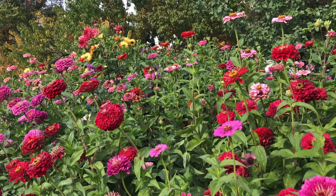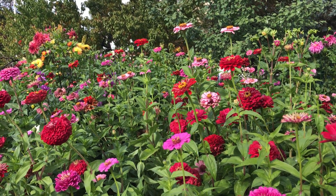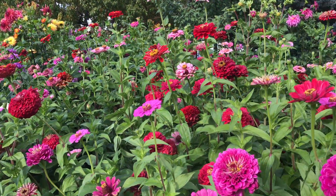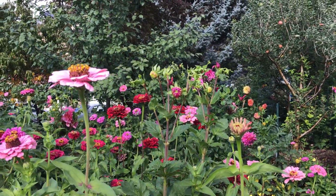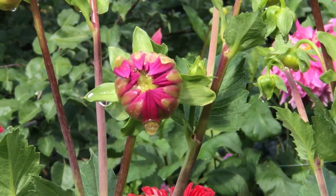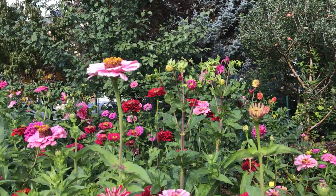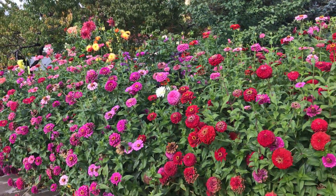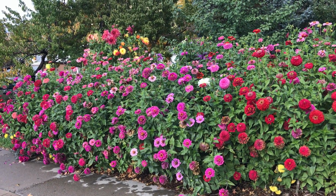Alright, so here is a tour of the dahlias and zinnias that are soon to be dead with the freeze coming to Utah. You can see there are lots of my dahlias that have not yet bloomed. That's one of them. It's just on the cusp of blooming. A lot of them are about there. So if I stand back, you can see there's a lot of zinnias that have filled in,